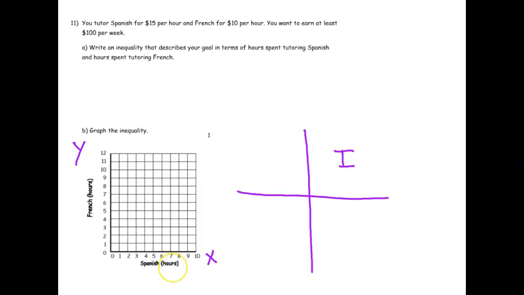So your Spanish hours would be $15 an hour, so each of the Spanish hours, and then your French would be $10 per your y. And that would be at least 100. So at least means it can be equal to 100, but it can also be greater than or equal to 100. So I suggest you put that into slope-intercept form and then graph it